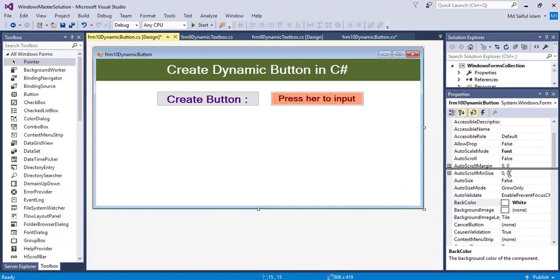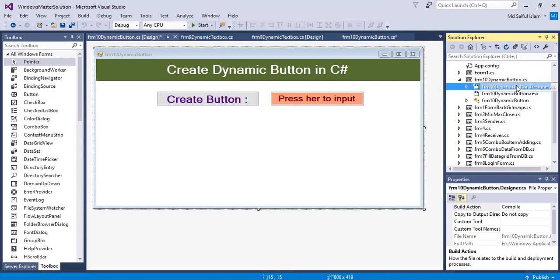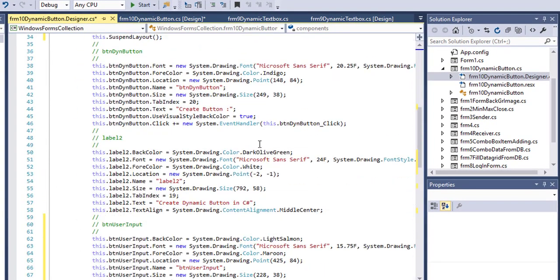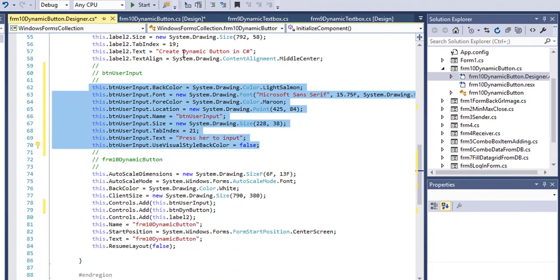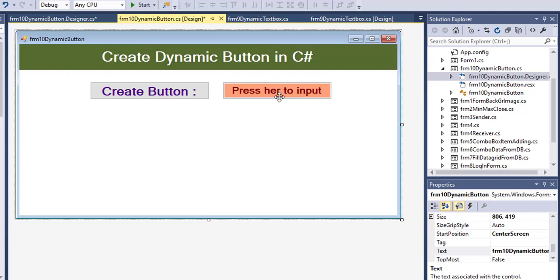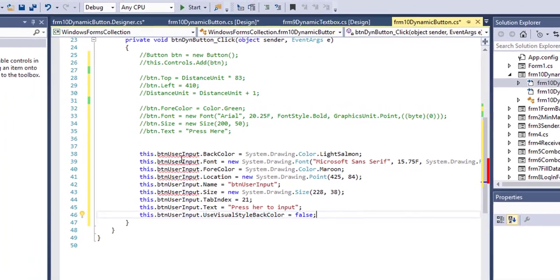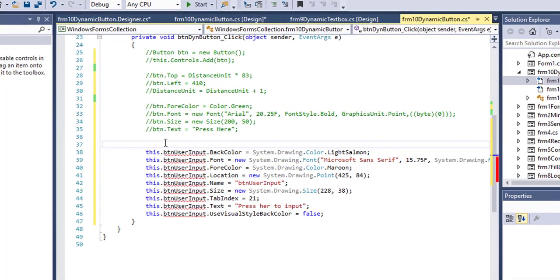Now I will copy the code from the designer page of this form. Go to designer, expand. This is the form created. Copy the code, delete, click on the button. I will create the object again.